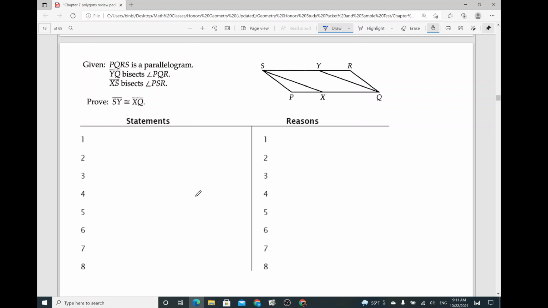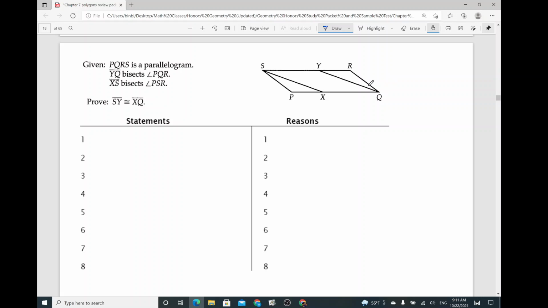Okay, so again, PQRS is a parallelogram, so that means we can apply the special properties of a parallelogram. The opposite angles are always congruent. And opposite line segments are parallel, and they're also congruent. Another thing we notice: YQ bisects angle PQR. If that's considered the angle bisector, then one thing we notice,